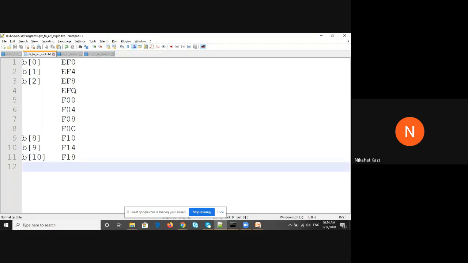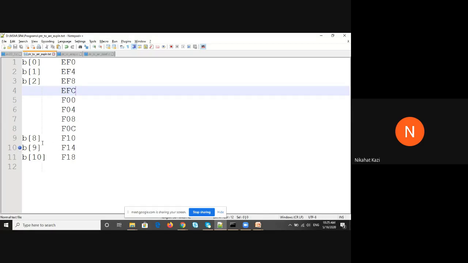So this F is done with, right? We are at FC. Add 4 to FC. D, E, F, and we are done with all FF, right? EFF we are done. So this will change. This will become 0, this will become 0, and this E will be promoted to F. So when you add 4 to it, you will get F00. Then again F04, F08, and so on. Then again we are done with zeros, so we will move to 1. So 10, 14, 18.